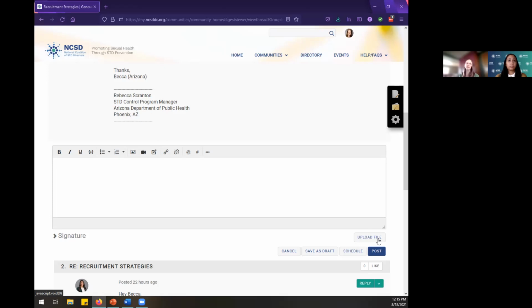You can also upload files straight to the library itself. But any file that you add to the discussion is automatically going to be archived within the library of this specific community inside of MyNCSD as well. So that's how content is archived.